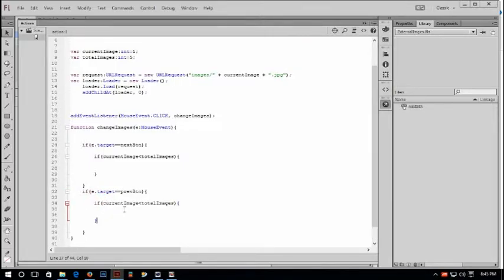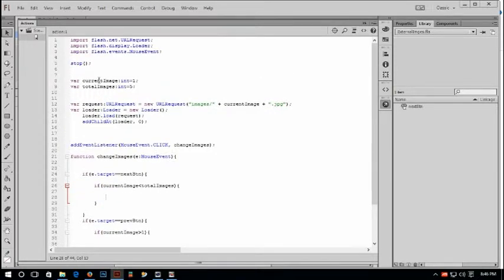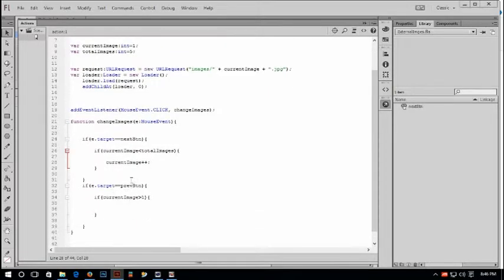have to change this to if current image greater than 1, and now I have to type here if current image less than total image, that means when current image is less than total image, that means less than 4, 3, then my current image will increase, plus plus then semicolon, and for previous button current image will decrease, change plus plus to minus minus,